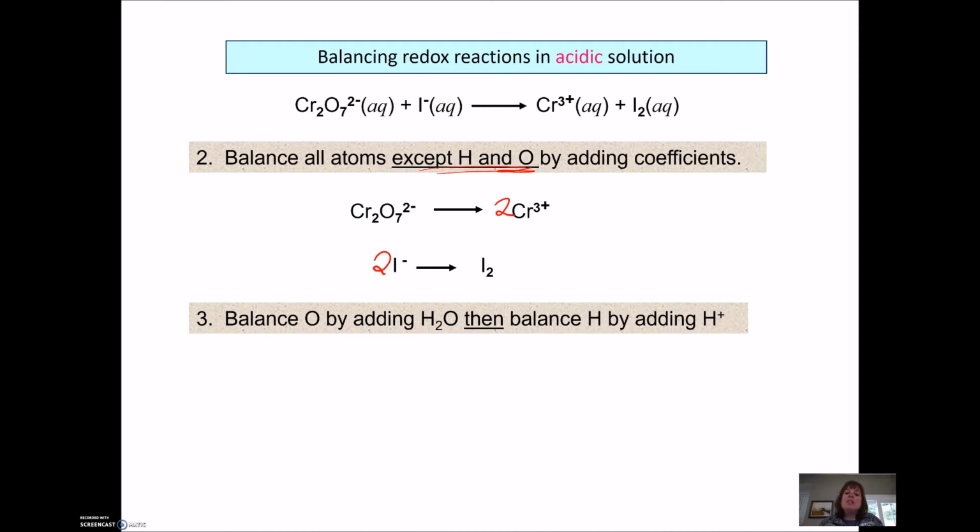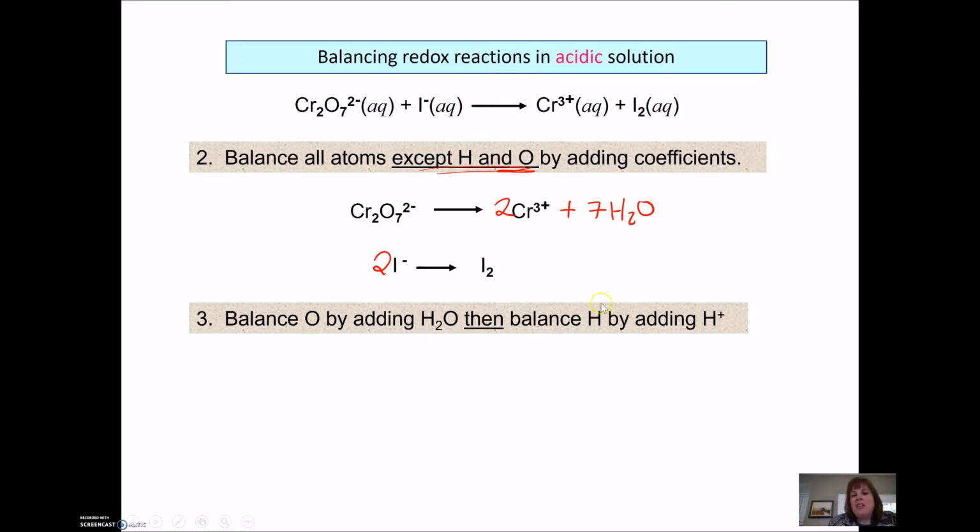So what we're going to do is anytime there's an oxygen, we're going to add water to the other side of the reaction to balance it. Then we're going to go back and balance the hydrogens from that water that we added by adding H+, or if there happens to be hydrogens in the reaction, we're going to add H+. So let's go back up to this reaction, because we had 7 oxygens here. So that means I need to add 7 waters, because every water has 1 oxygen. So we're going to add